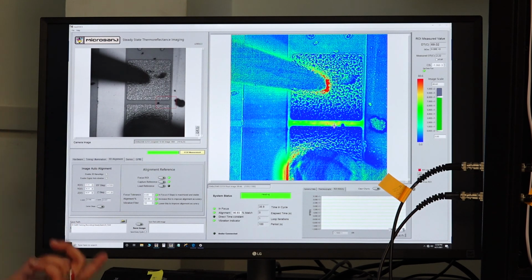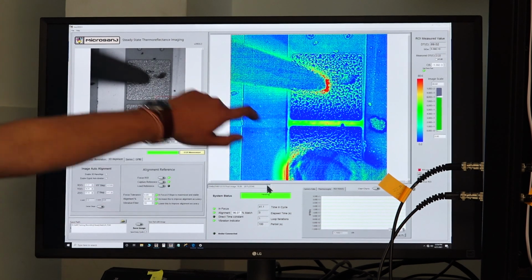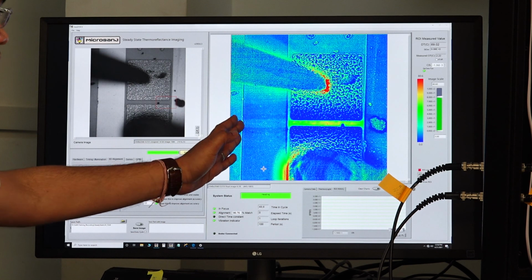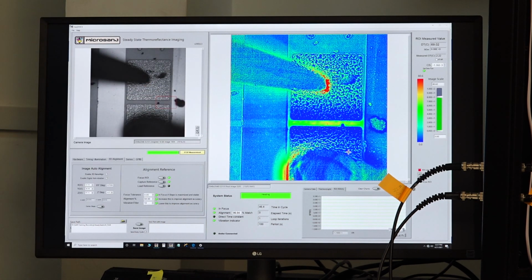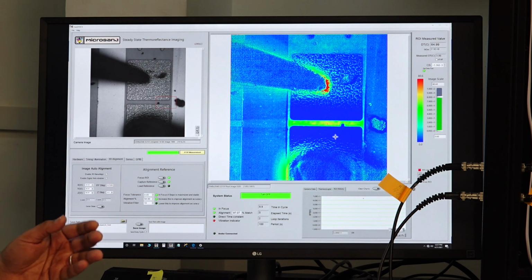I'll show you in the processing part that we can generate temperature maps as we are going from one pad to other. We can also generate temperature maps as we're going from the left part to the right side along the width to check for any non-uniformities. So we are saving all these images as I've shown you in this save in the folder. These images will then be combined with the calibration thermoreflectance coefficient map, and then the final processed image will be generated. While I was discussing this, you could see that with subsequent measurements, the image quality is improving, and therefore we should